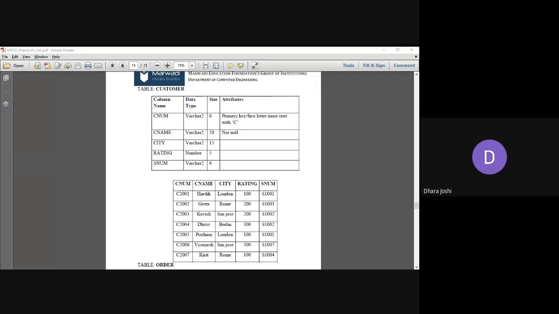Whatever attributes are mentioned here, we are just providing those. Customer number is your primary key and must start with the first character capital C. Customer name should be not null, so apply the not null constraint, check constraint, and primary key constraint for the customer relation. And then insert these 7 records into this table.